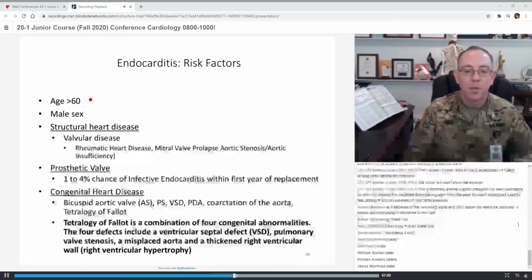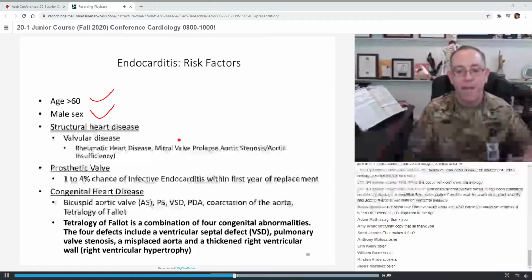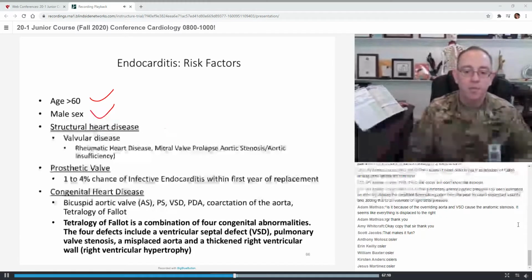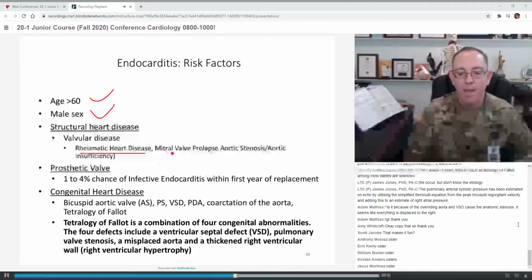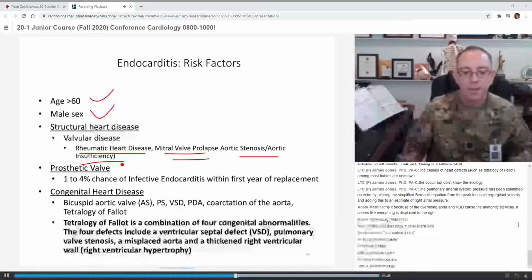So males are more common, and being male and being older than 60 are risk factors, okay? And then structural heart disease, anything that damages the structure could be an issue. So if you had a history of rheumatic heart disease, it scars it, okay? Mitral valve prolapse scars it. Aortic stenosis and aortic insufficiency cause scarring, a nidus. That's the nidus. And so a prosthetic valve can also lead to it during that first year,